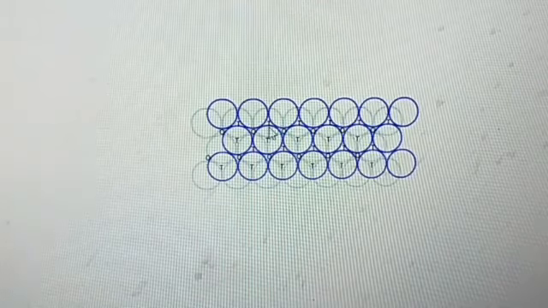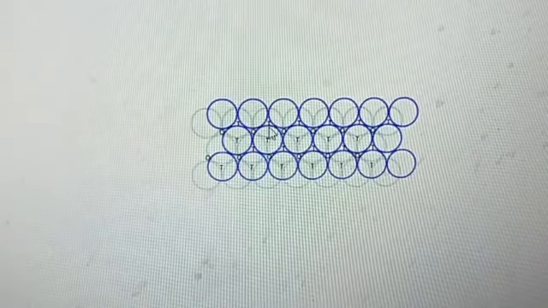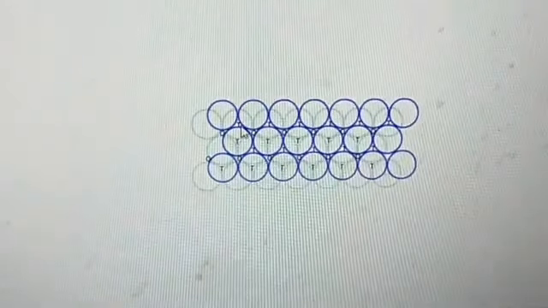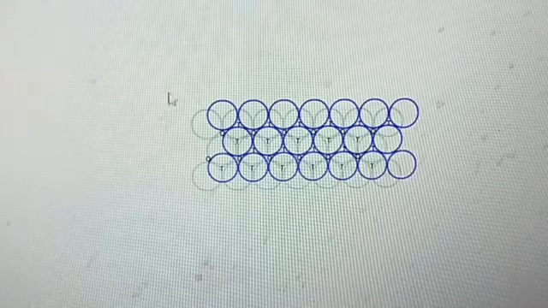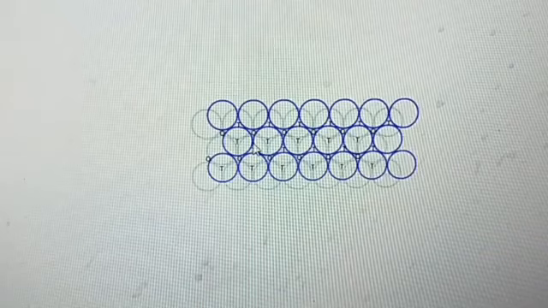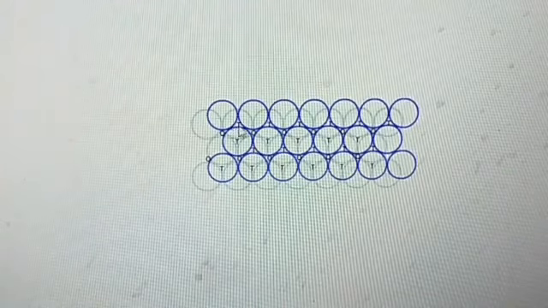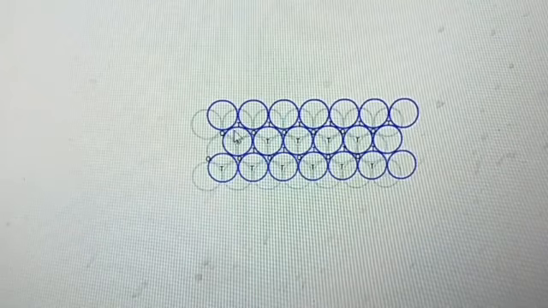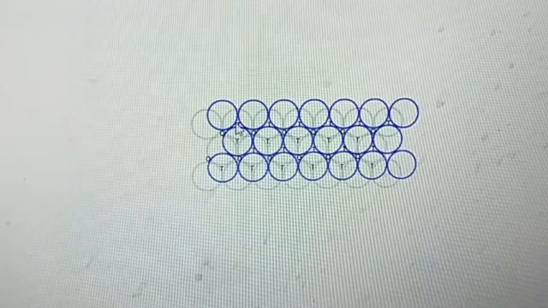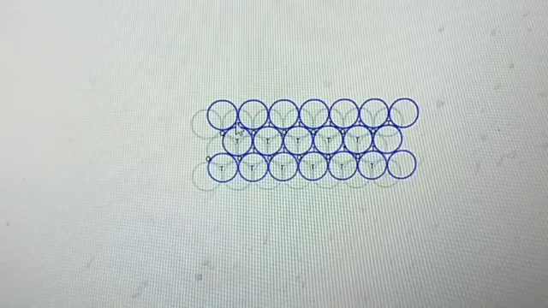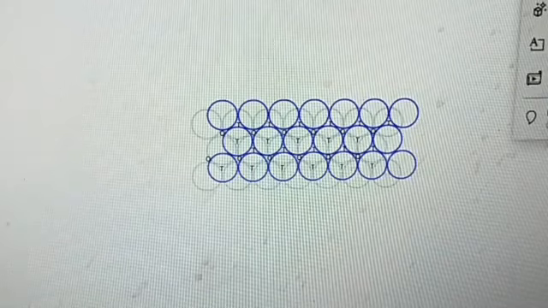Which type of structure can we get? We can get this type of structure. In this structure, we placed a layer A, and the next layer should be placed in such a way that the spheres are arranged in the depressions of the first layer. What are the depressions? These gaps of the first layer. The second layer is arranged in such a way that the spheres are present in those depressions. As these two layers are different, we can call this arrangement an AB arrangement.